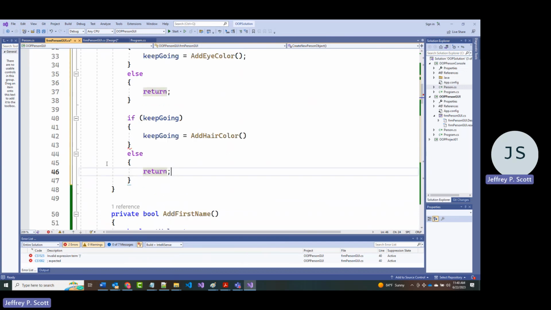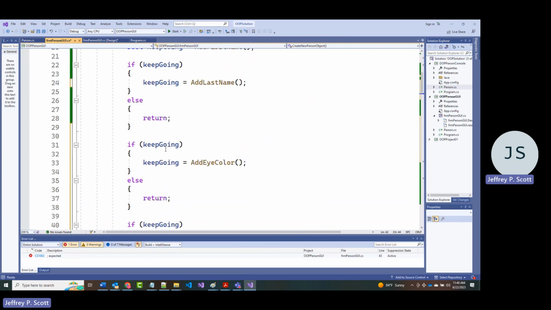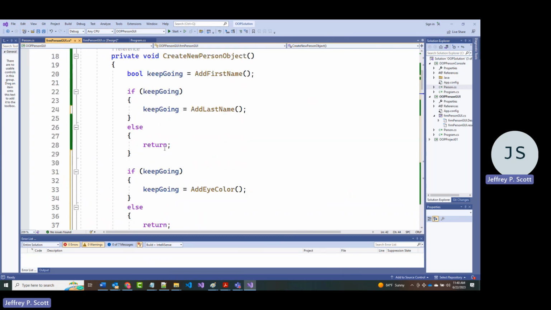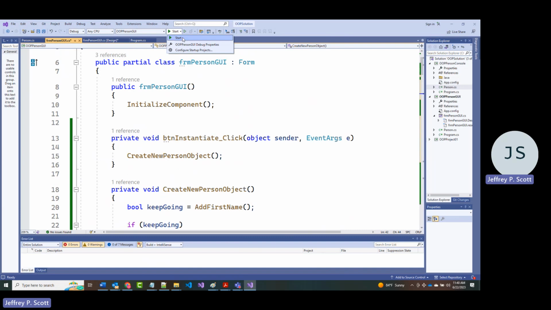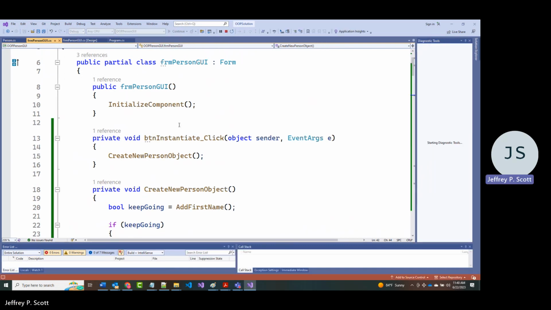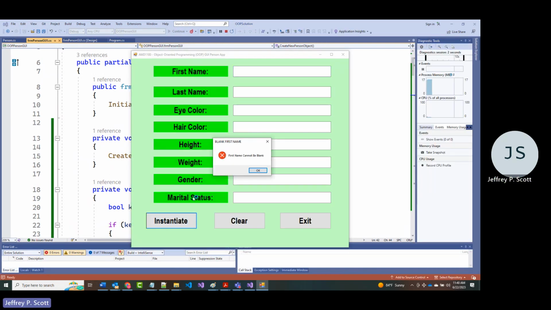All right, so I'm not checking necessarily for something valid in these fields. I'm just checking for the presence or absence. So if I come in here now, you'll notice that if any of them are blank, I reset the cursor. Last, what did it say last there? Yep, last. Eye color,